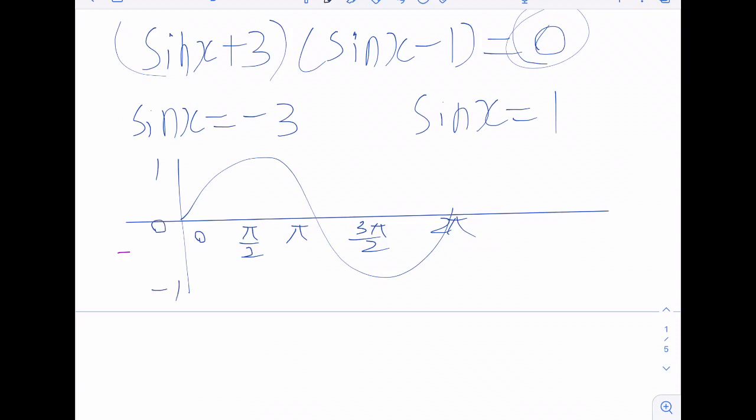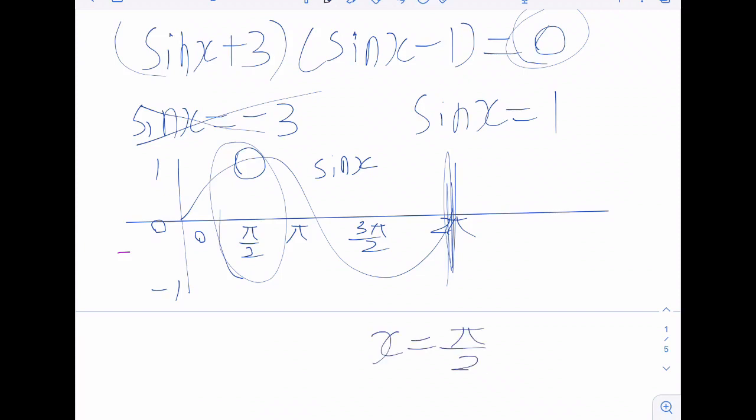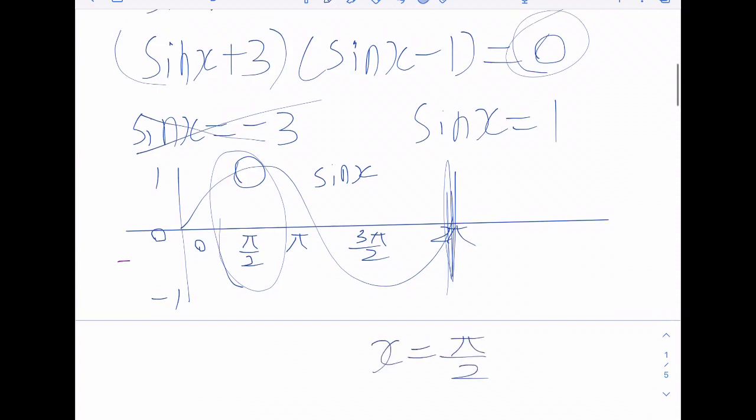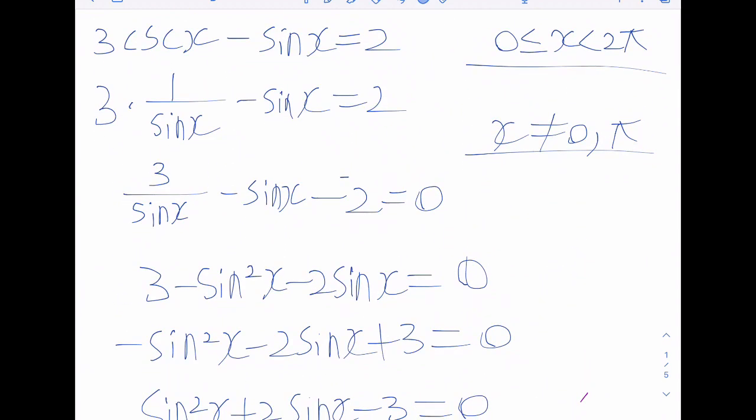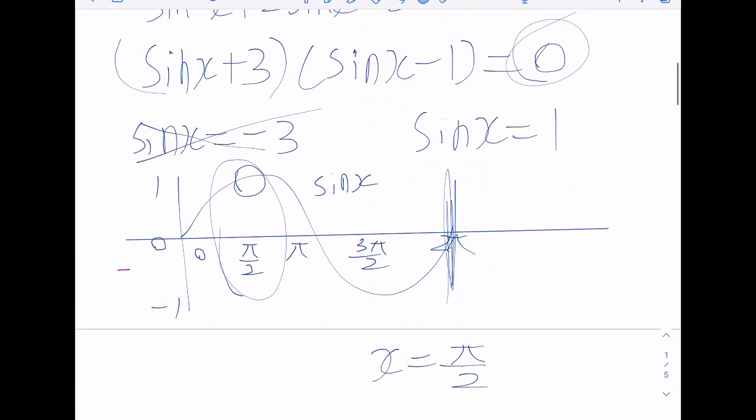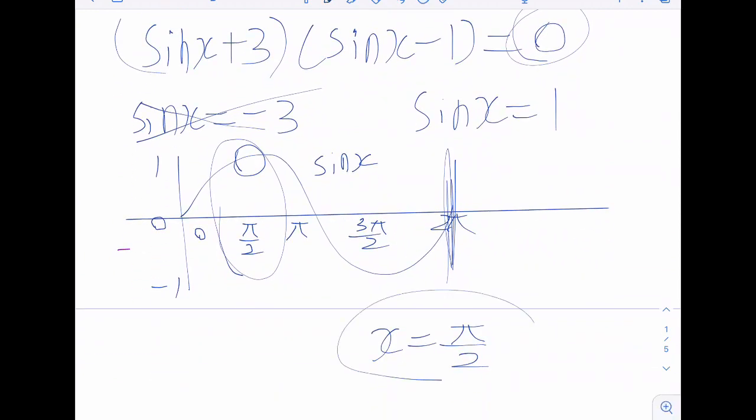Now, our sine of x graph does not go down to negative 3, so we have to reject this. But it can equal 1. It equals 1 here, and this is our restriction. So sine of x will equal 1 at pi over 2. So our x can be pi over 2. And let's check our restrictions, guys. So yeah, x cannot equal 0 and pi, but this is pi over 2, and it is within our initial restriction. So our answer to this